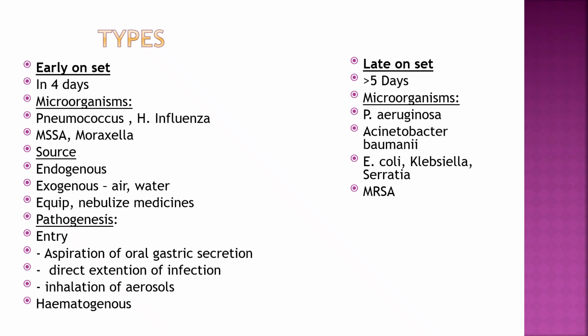So in microbiology, if it is early onset, within 4 days, the bacteria are Pneumococcus, H. influenzae, MSSA, and Moraxella. MSSA is methicillin sensitive Staphylococcus aureus. If late onset, that is more than 5 days of ventilator duration, then it is Pseudomonas aeruginosa, Acinetobacter baumannii, E. coli, Klebsiella, Serratia, and MRSA. The source may be endogenous or exogenous through air, water, equipment, or